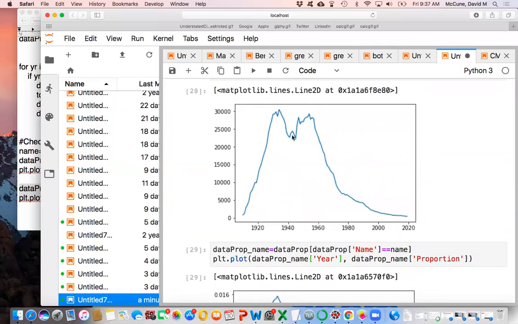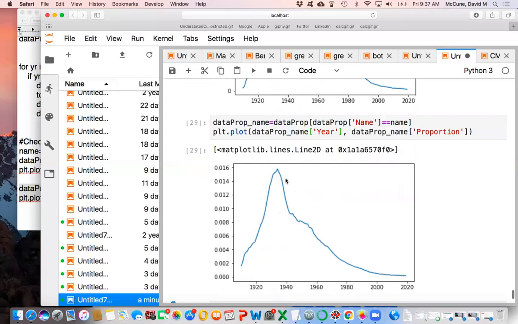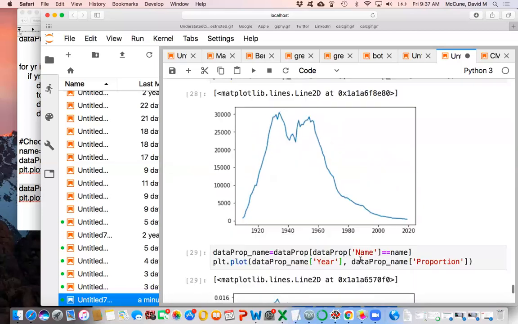So this crash, this beginning crash around, what is this, 1935 or something, when my grandpa named Donald was born. Yeah, he may have been born a little earlier, but anyway, my grandpa Donald was born in this year. It then looks like they crash but recover a little bit, but no, as a percentage, Donald just keeps going down.